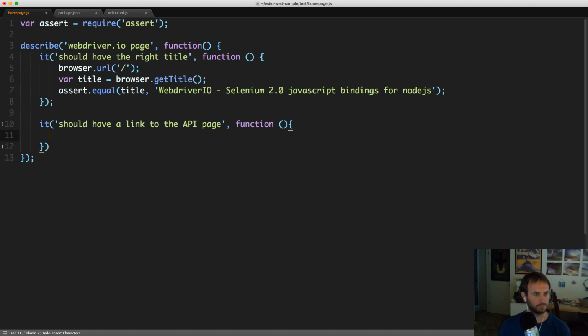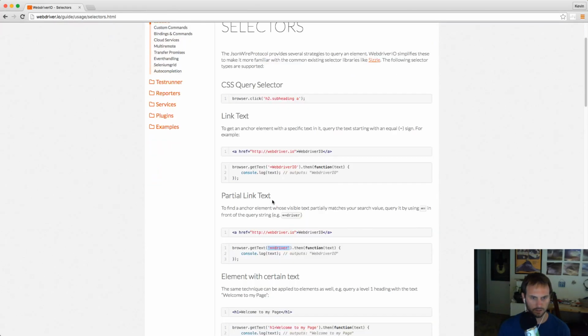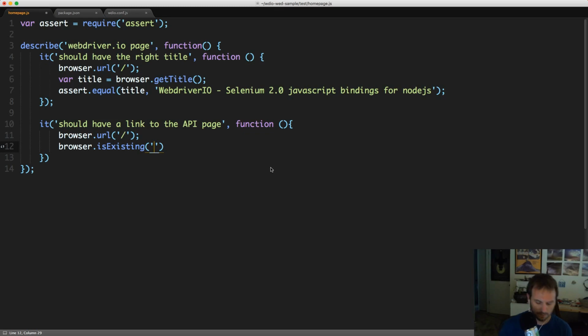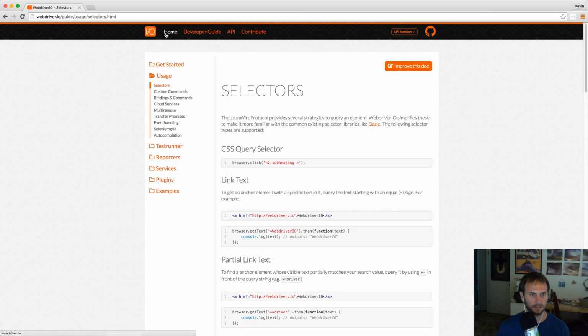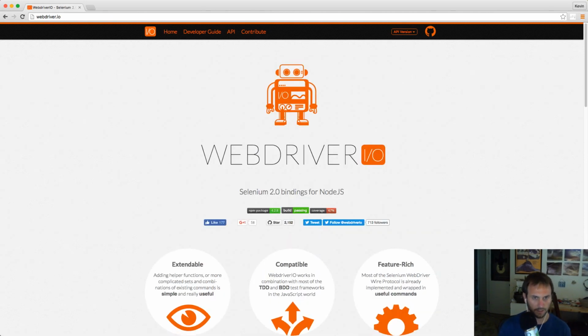Live coding. Okay. So I'm trying to think. We'll go back to... We'll reload the base URL, and then we'll do browser.isExisting, and we'll pass in the selector that we want to check, which is link text equals API. So this is going to search the page for any link on the home page that has the text